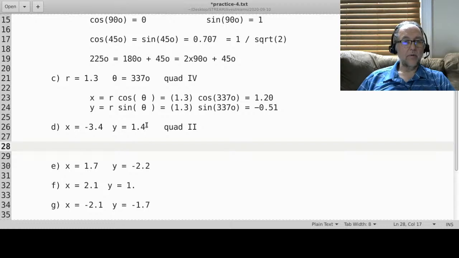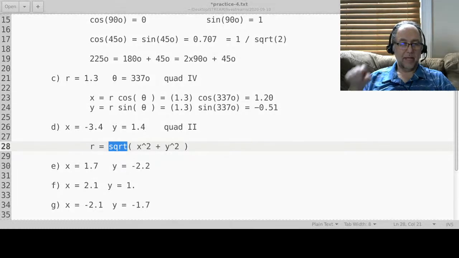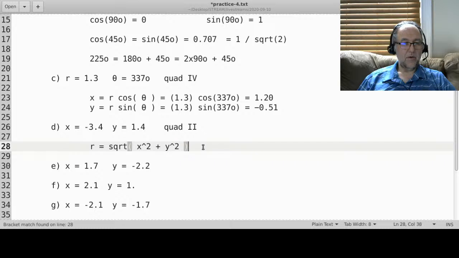So to get r, it actually turns out to be just the Pythagorean theorem, like that, okay? So I'll show you why in a minute. I'll go to the other whiteboard and I'll show you why it turns out to be the Pythagorean theorem. But let's finish the problem first. Okay, so r is basically equal to the square root, and I can't do the square root sign in this text editor, so I'm just going to write sqrt. So it's the square root of x squared plus y squared, like that. Okay, and now when I solve this,